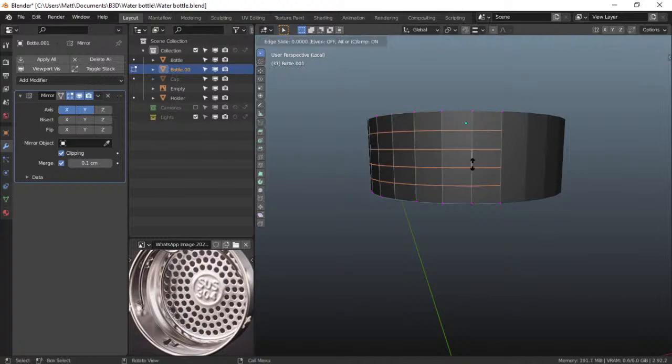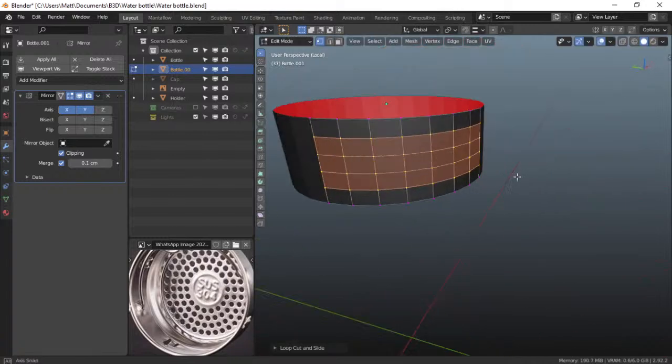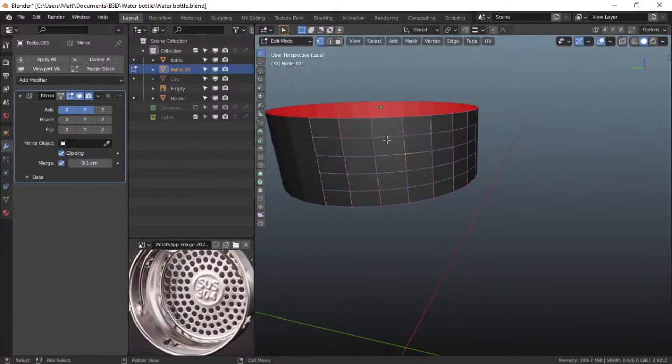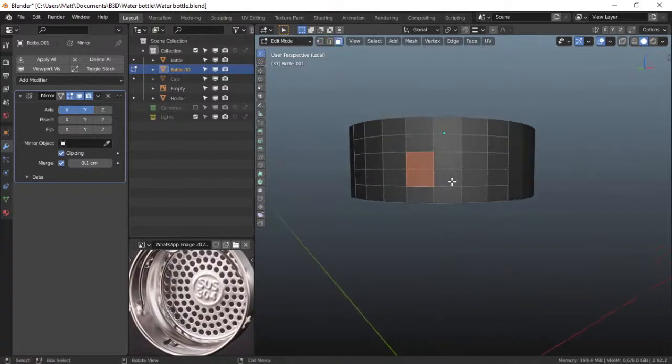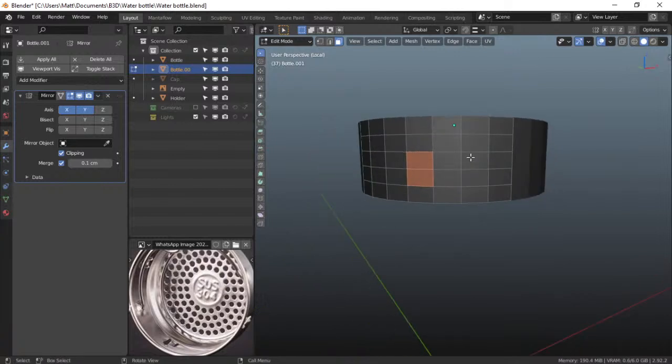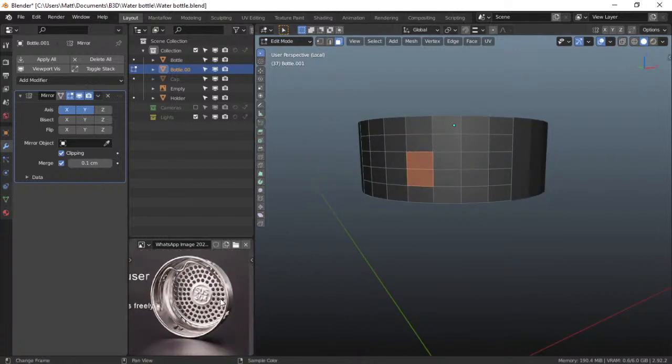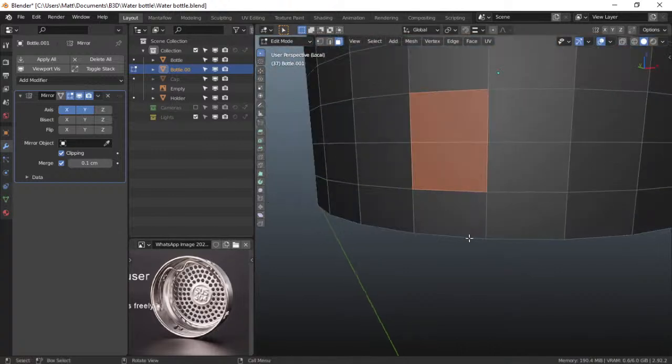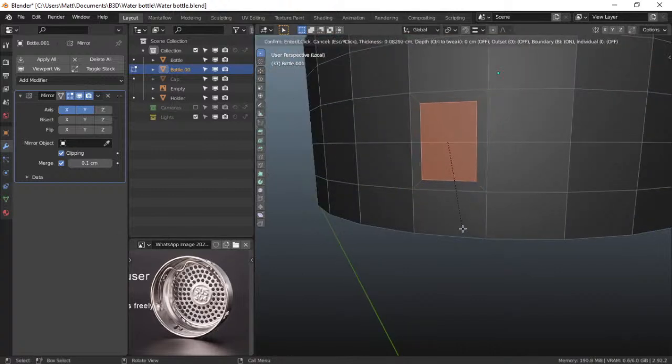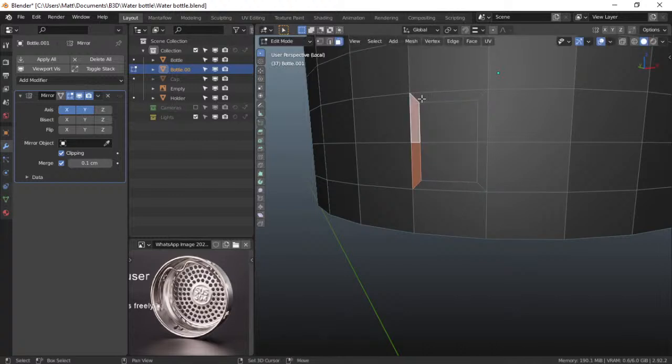So that will be about fine. And right here, this is the center of this half circle here. And as you could notice, there are 4 of these little sections here. So what I'm gonna do is gonna hit I and set, gonna make a gap about that, go to faces,